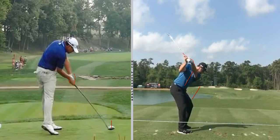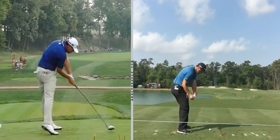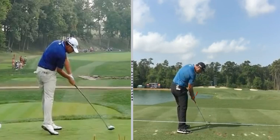As he gets to the top, we can see a very pronounced bowed left wrist. And I'm sure you heard the announcers talk about this with Dustin Johnson a lot and Brooks Koepka at the U.S. Open. And this is going to help shut the face. And then as Jon Rahm comes down, again, if I clear these out, we're going to see the left wrist is still bowed, which shuts the club face, and coming down, that club face is very square to the arc. And if I show you one more, we'll look at a Jordan